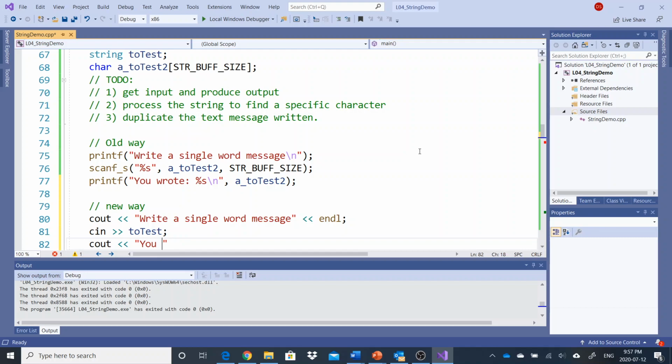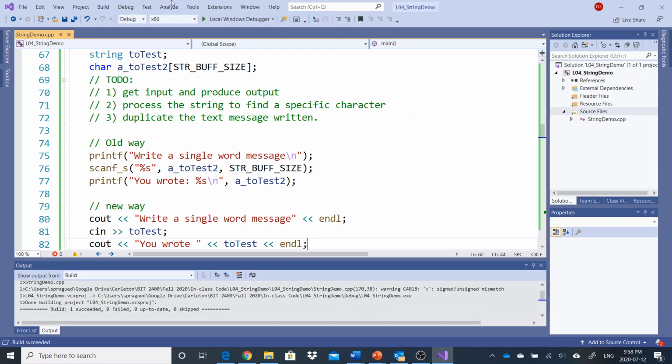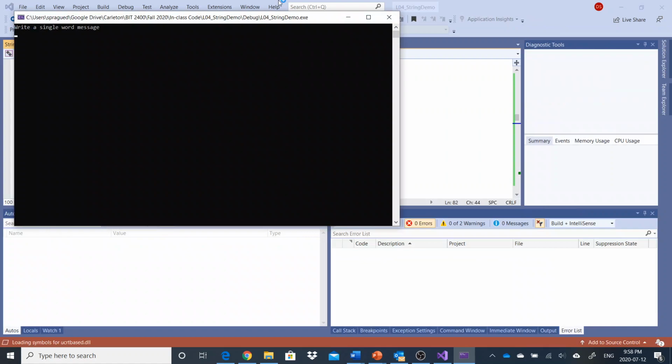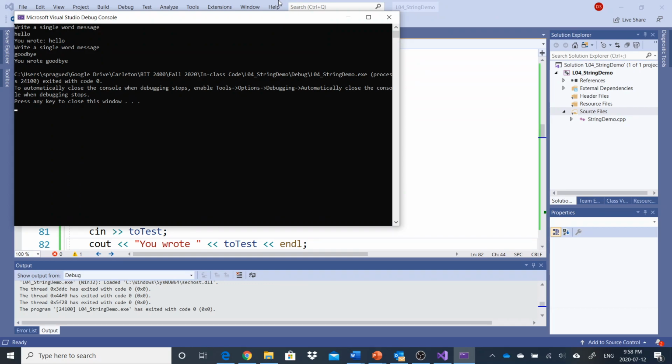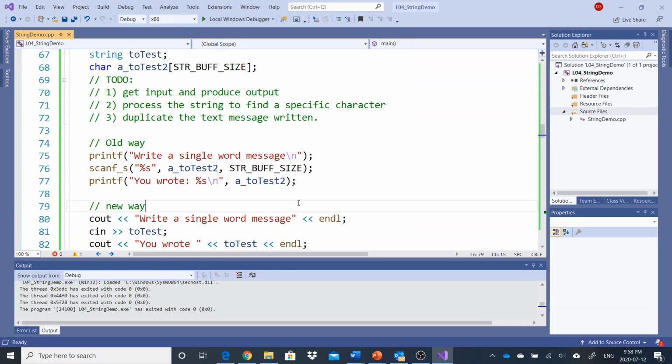And if I could spell, that would be awesome. Instead of doing these fancy percent s things, I'm just going to write: You wrote, the test variable, and endl. All right, I want to make sure that's going to work. So let's see what we have here. Write a single word. Hello. Goodbye. You wrote goodbye. It's working exactly the same as the old way, except I'm using cout and cin